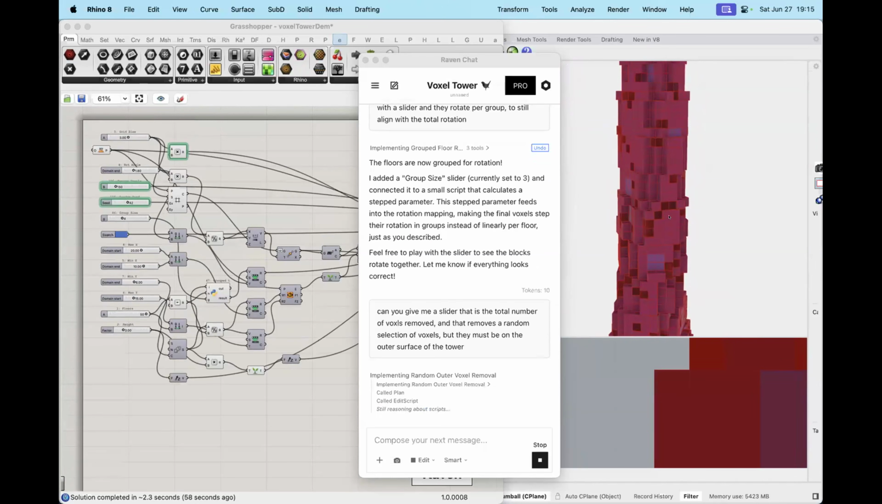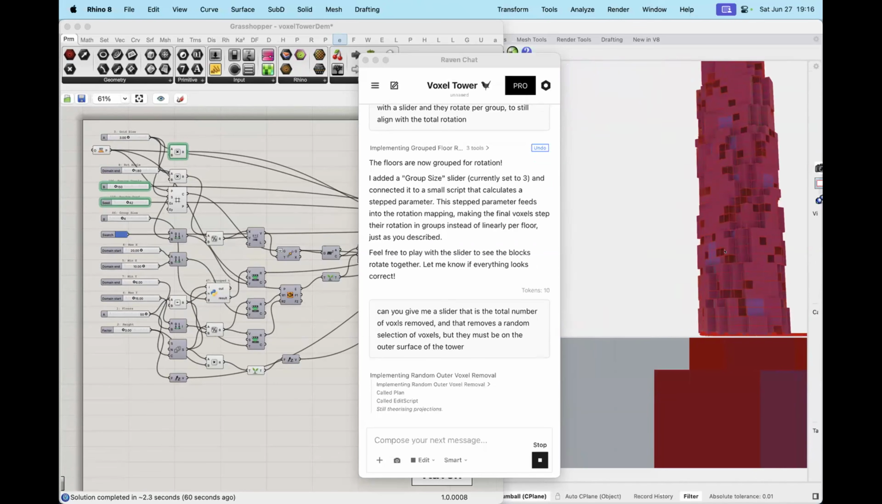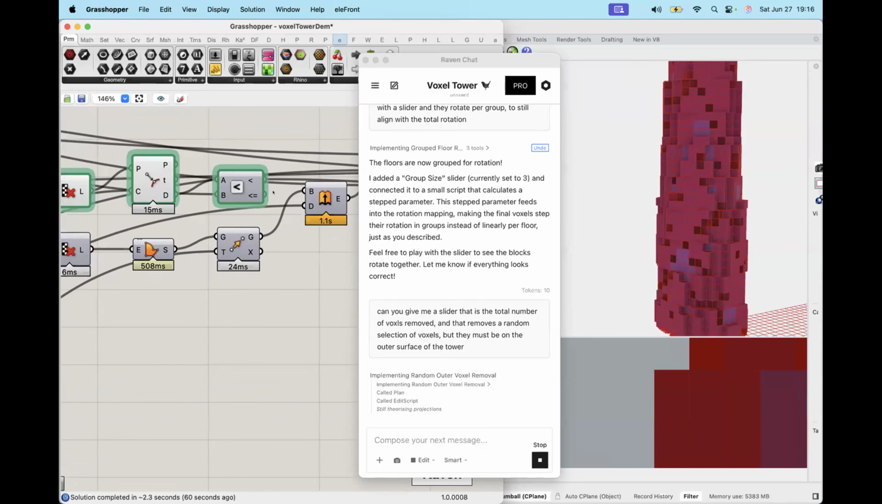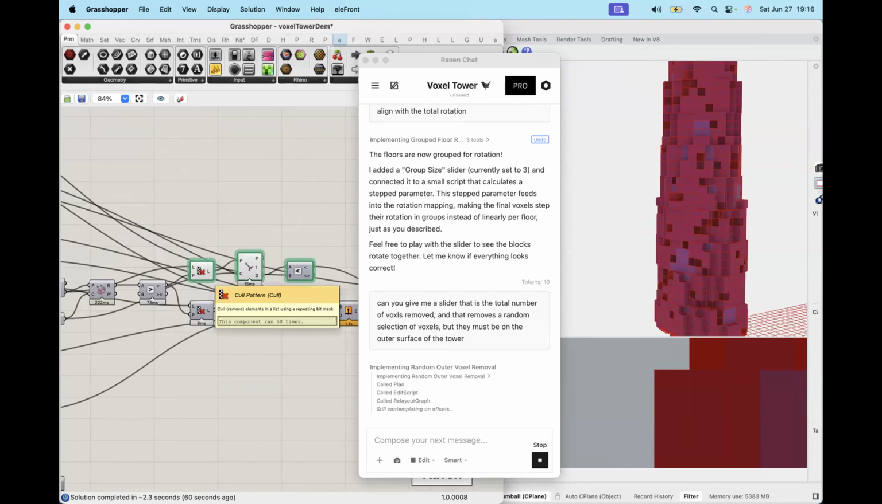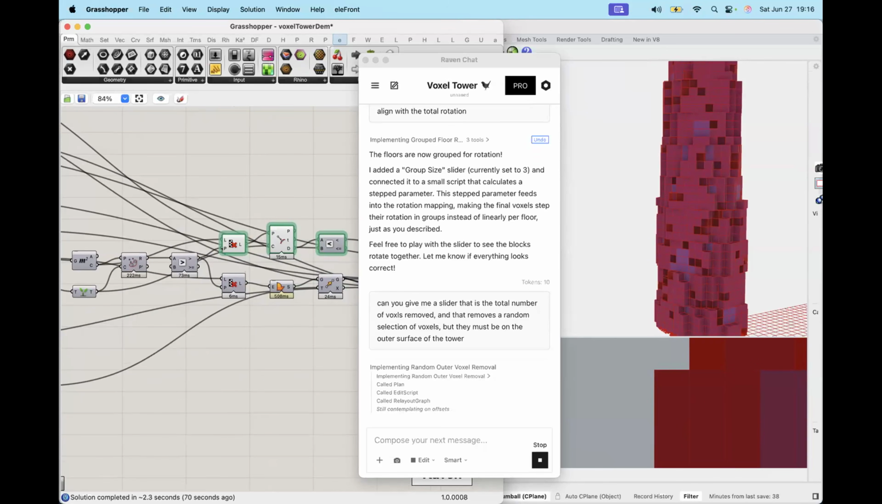Cool. There you go. See those voxels? Those holes in the tower? Very nice. How did he do it? So if you're interested to see how I did it, it gets a call pattern. So it's taking the list and the pattern is